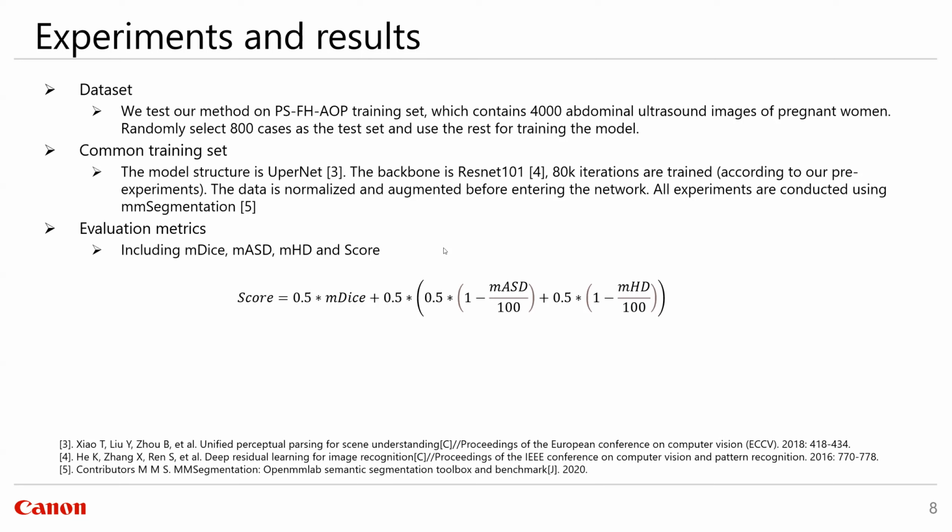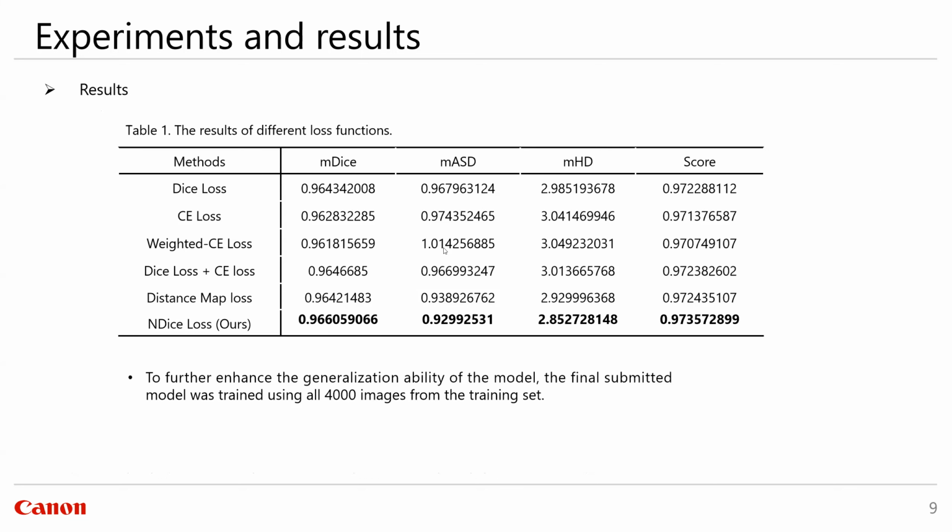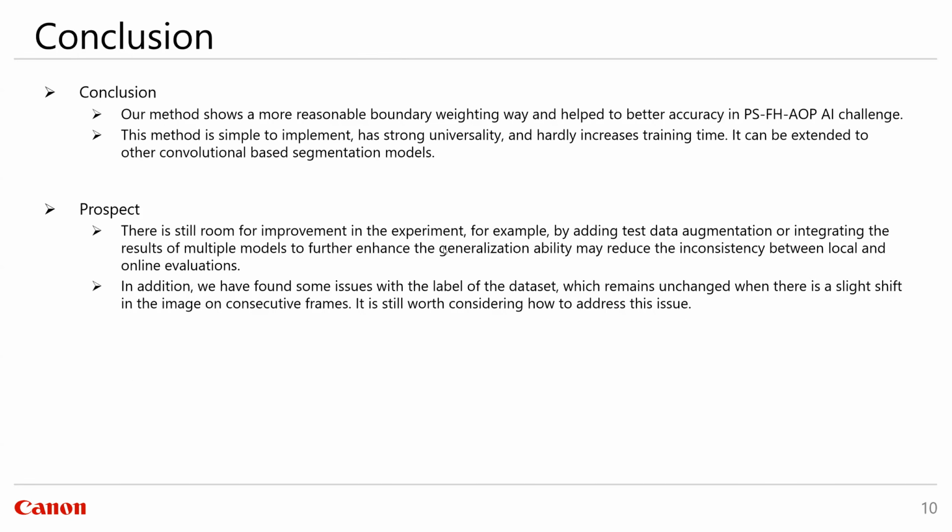All our experiments are conducted using segmentation, and our evaluation metrics include dice and score without AOP. We can find in our offline evaluation that the n-dice loss gets the best results. To further enhance the generalization ability of the model, the final submitted model was trained using all 4,000 images from the training set. In summary, our method shows a more reasonable boundary weighting way and helped achieve better accuracy